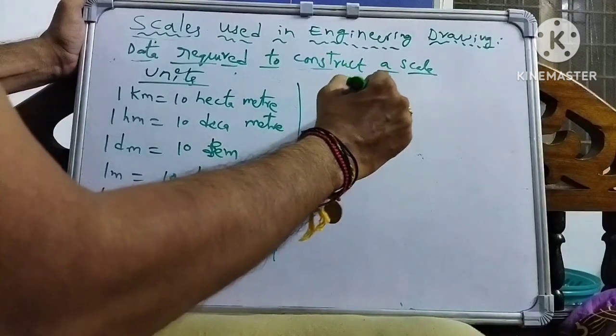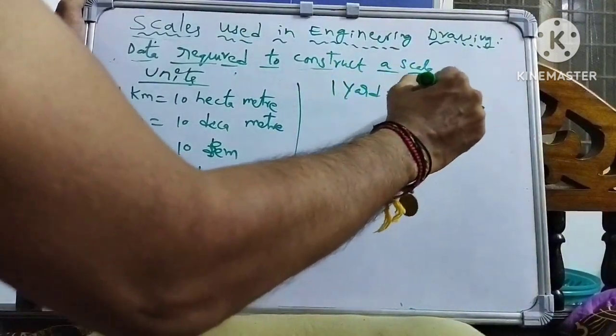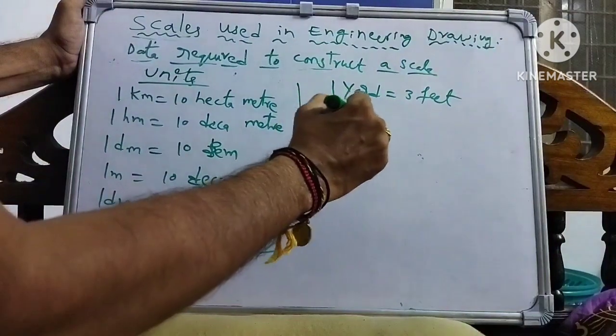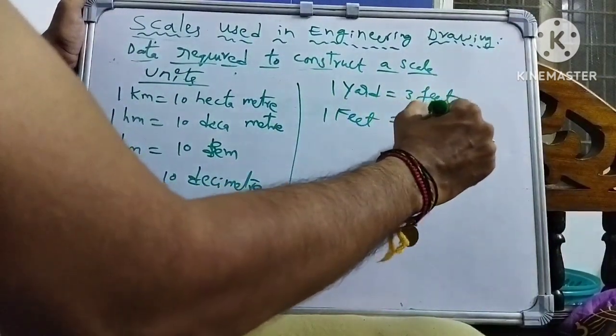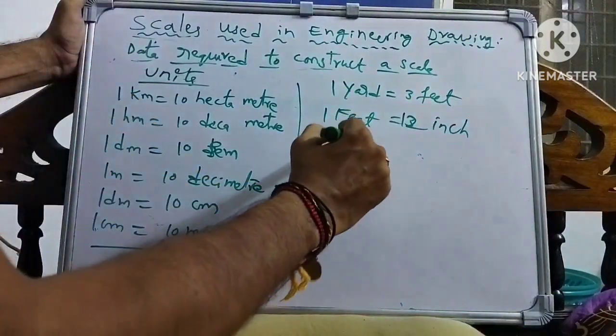1 yard is equal to 3 feet, 1 feet is equal to 12 inches, 1 inch is equal to